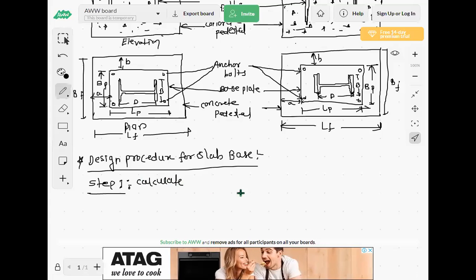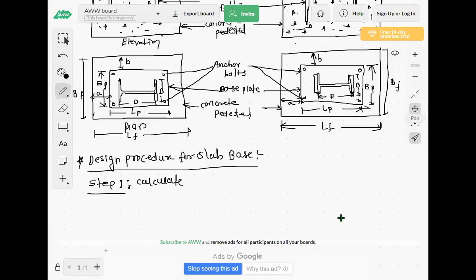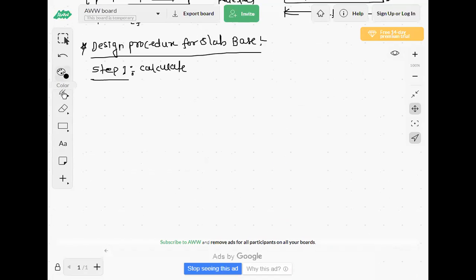Okay, so now step 1: calculate the bearing strength of concrete. It means how much strength the concrete has. That bearing strength of concrete we have to calculate. So bearing strength of concrete is equal to